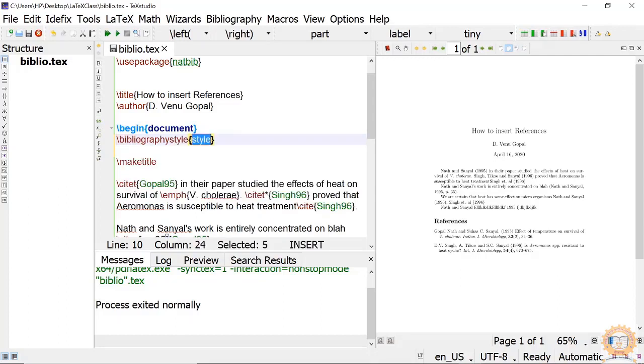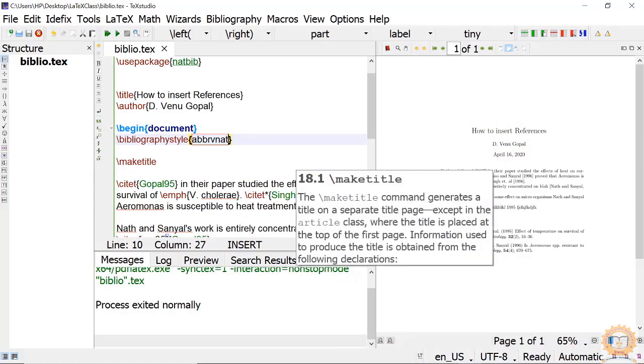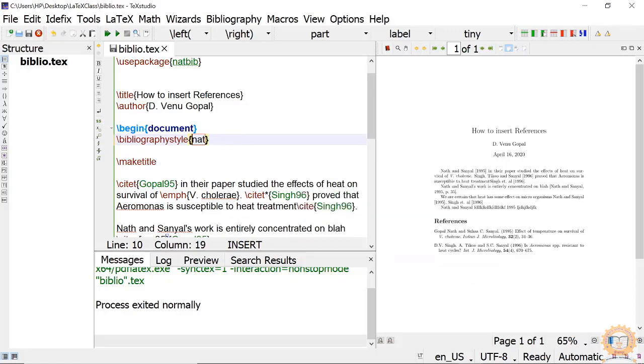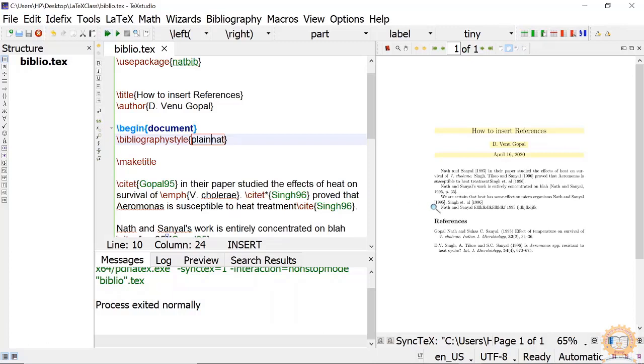Three styles are there, like this, or plainnat. Okay, plain one. Then another is unsrtnat.